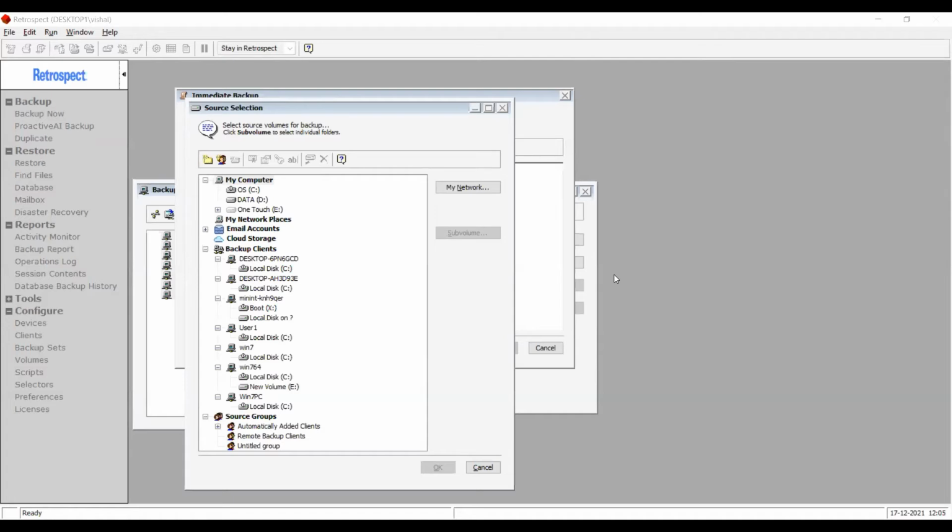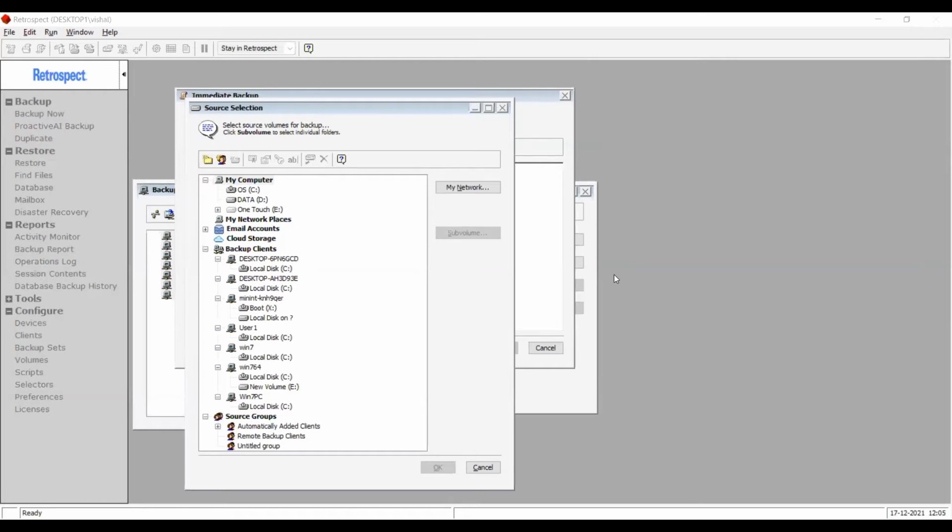We don't directly support Oracle databases. For database backup, we currently support MS SQL databases, which is Microsoft SQL, and Microsoft Exchange databases. For Oracle, however, you can use an internal utility of Oracle to export the database into a flat file, and then you can use RetroSec to back up that file.